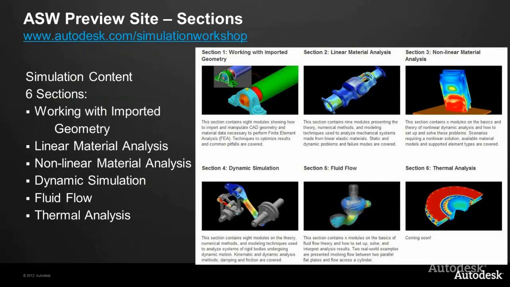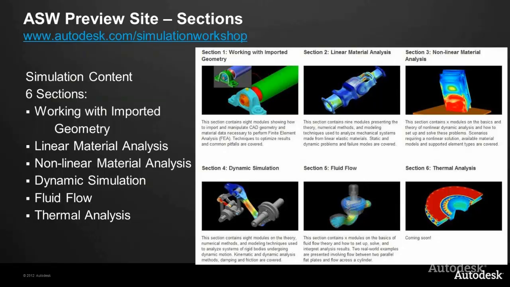So there is a preview site that's live. Again, it's www.autodesk.com/simulation workshop. Within here, what you'll find is 6 sections. These are the 6 sections we identified, again, from our content gap analysis. The 6 sections are working with imported geometry, linear material analysis, nonlinear material analysis, dynamic simulation, fluid flow, and thermal